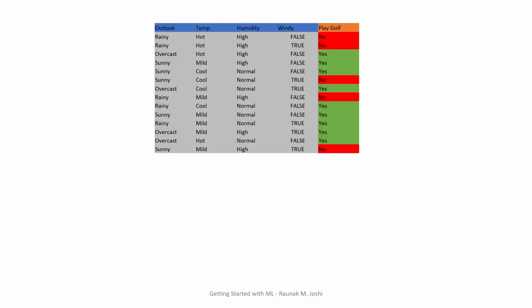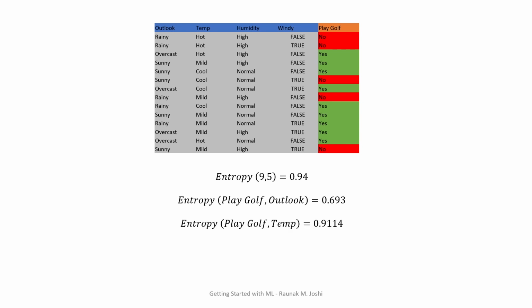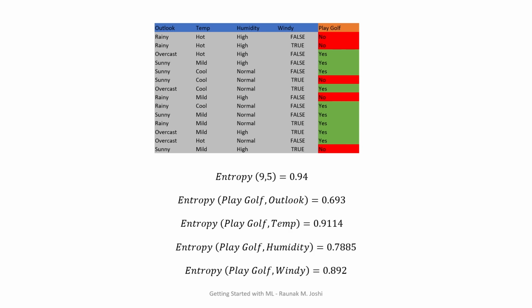So this was the data set that we performed the entropy calculation with. This is about playing golf on the basis of some attributes, where you have to look at the weather, the temperature, the humidity, and whether there is wind. I already taught you the entropy calculation in the last tutorial, but this is the way we calculated the entropy for playing golf, where out of 14 values, 9 were yes and 5 were no, and we got this entropy. Then I took the entropy of the outlook, that is my weather attribute column, with respect to playing golf. Similarly, with respect to the temperature, the humidity, and the wind. All 4 attributes were evaluated this way.